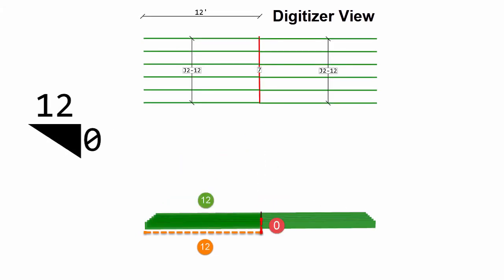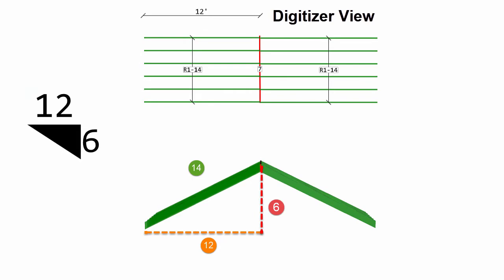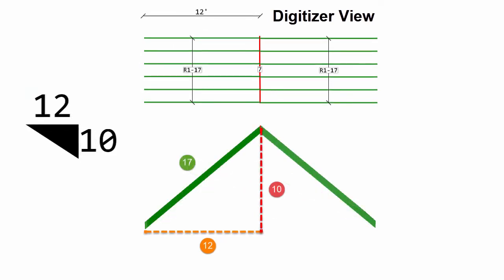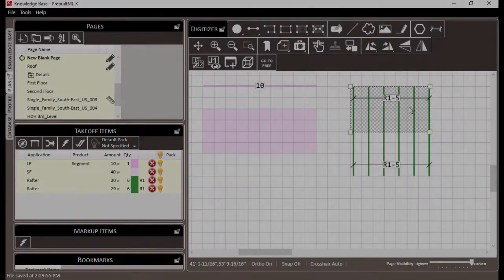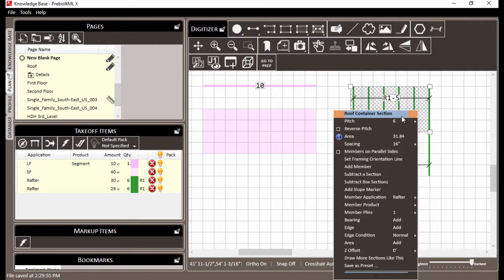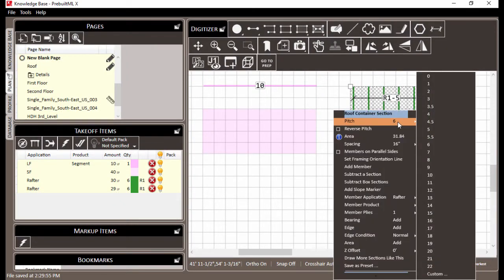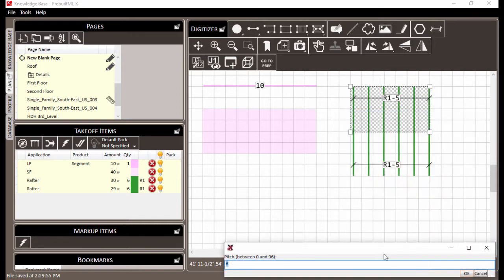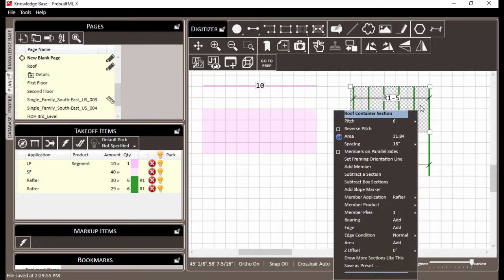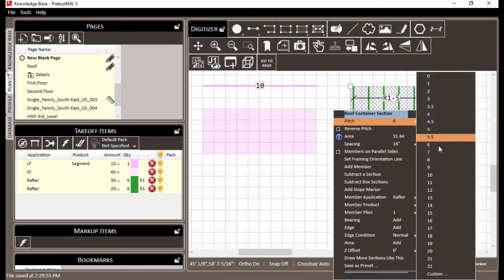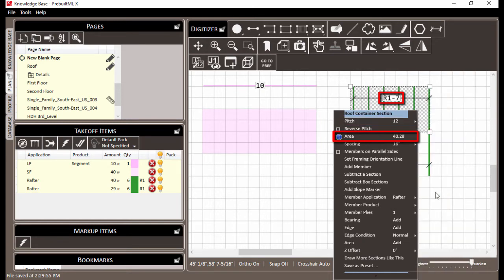As you can see here, the drawing in the digitizer stays the same, but changing the pitch changes the lengths of the rafters. Pitch can be assigned by right-clicking on the item and using the pitch menu to assign a pitch of anywhere between 0 and 96 inches over 12 inches. When a takeoff item's pitch is changed, its length, square footage, or volume will be adjusted accordingly, as you can see here. Changing the pitch of this roof section increases both the area of decking materials as well as the